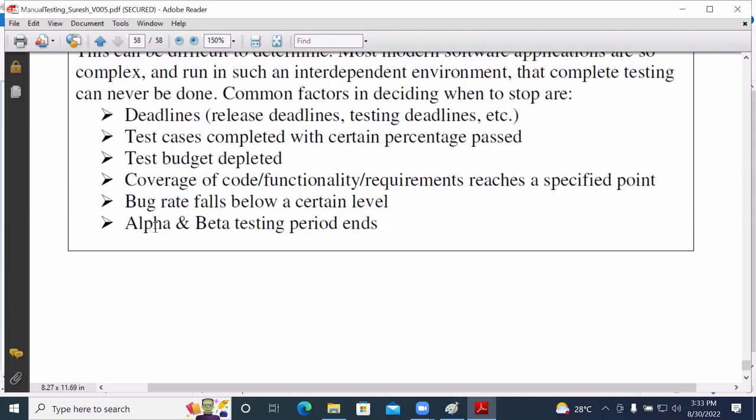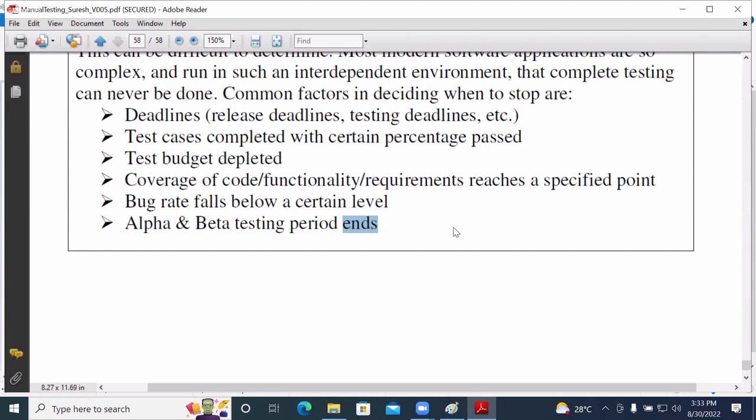And then alpha testing and beta testing have been completed. We need to consider that both alpha testing and beta testing are the final testing.